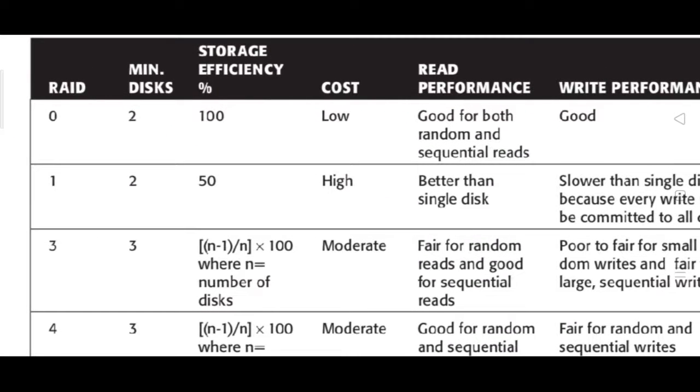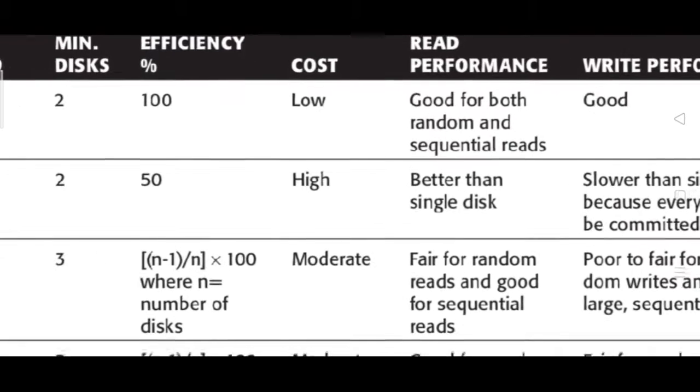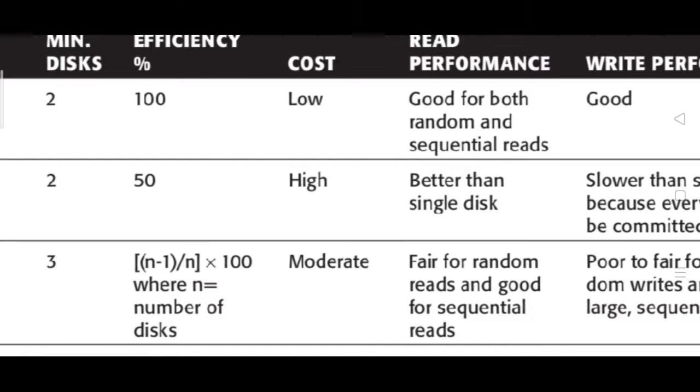For RAID 1, the minimum number of disks required is again 2, but efficiency is only 50%. Even though you have got 2 disks, whatever data is stored on the first disk, say disk A, should be on disk B also. So disk B is treated as a copy of disk A only, hence it is of no use, except in case disk A fails, then its replica can be used. Hence efficiency is set as 50%. Cost is high because you need two disks, and the other disk is actually useless in normal operation. Only if the first disk fails do we refer to it.